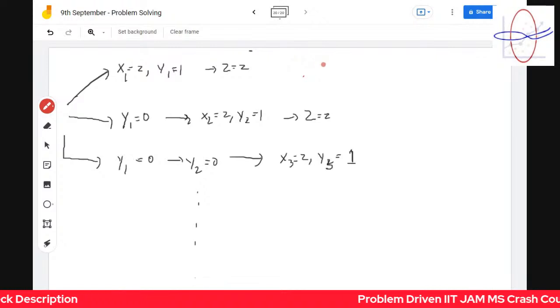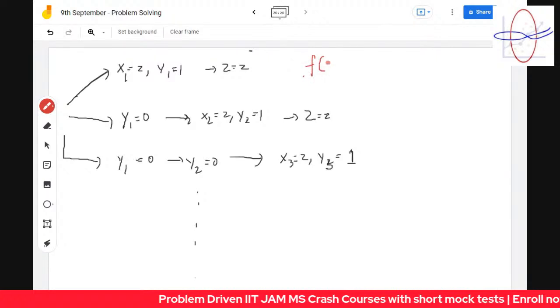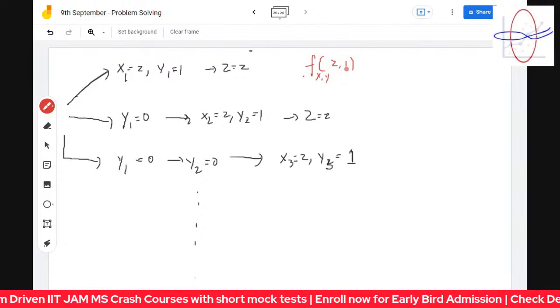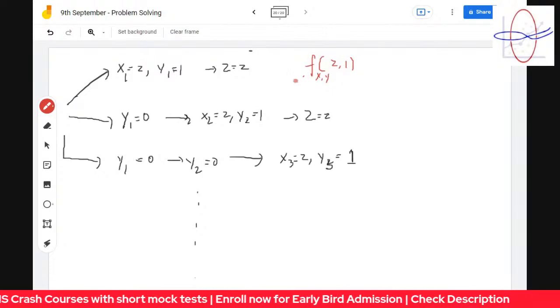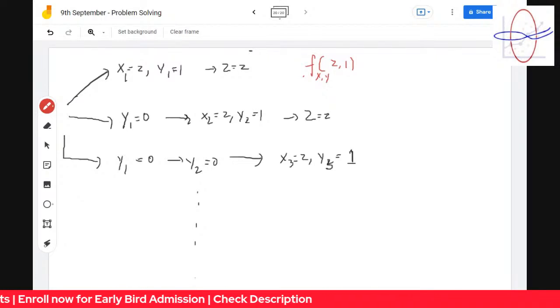But this is coming out to be what? F of x comma y, z comma 1, right? If it happens in the first step only. Given that it happens in the first step, this is that. Given that it happens in two steps,